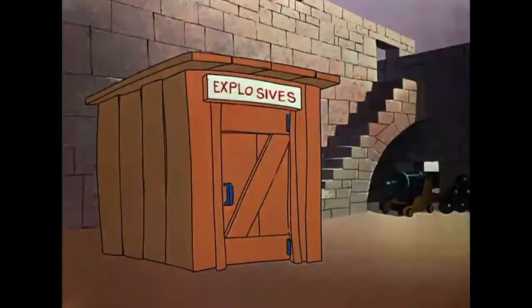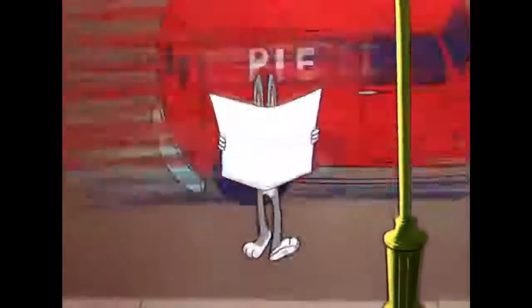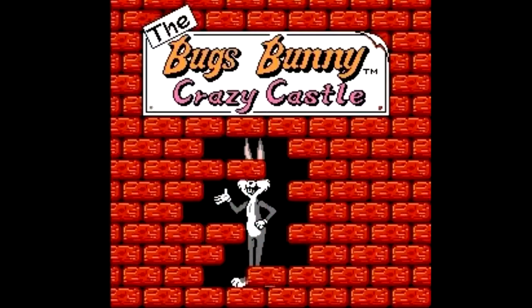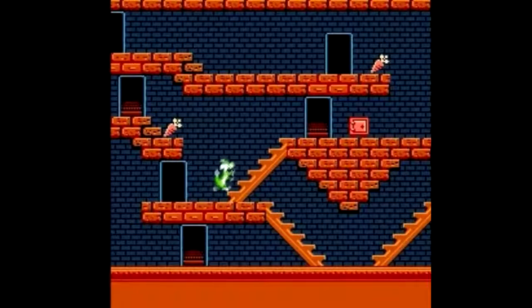Along with the other Looney Tunes characters, he became a household name. His legacy still lives on today, as memorabilia such as video games were made in his name. One such video game is Bugs Bunny Crazy Castle, released in 1989 for the Nintendo Entertainment System by a company named Kemco. Crazy Castle is a puzzle game that focuses on Bugs moving about the castle collecting carrots and